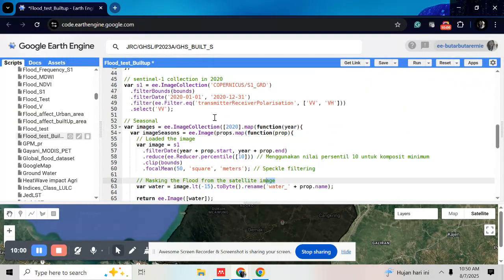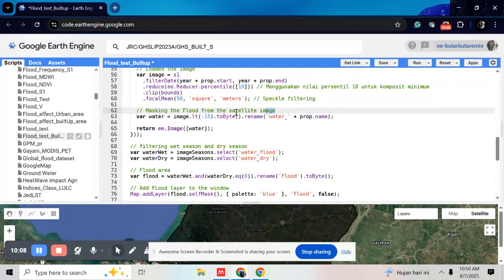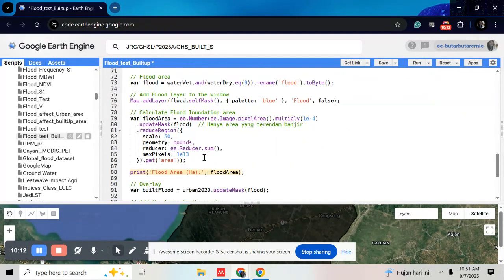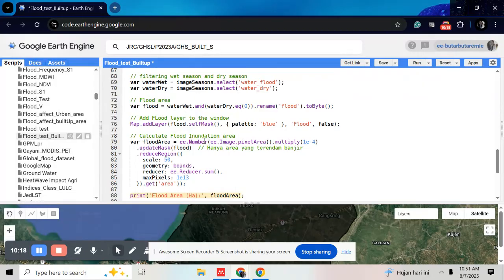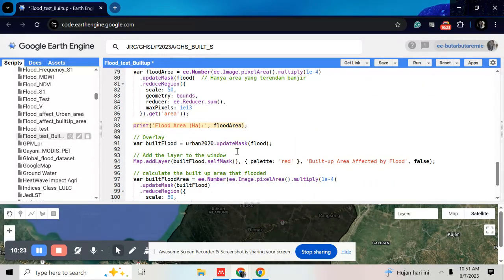I have already mentioned that the date is in 2020, so I will have the flood area in 2020, and I will overlay it with the build up area in 2020. After this overlay step, you will get the build up area